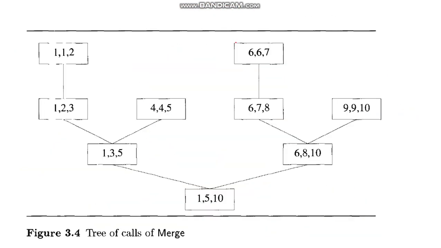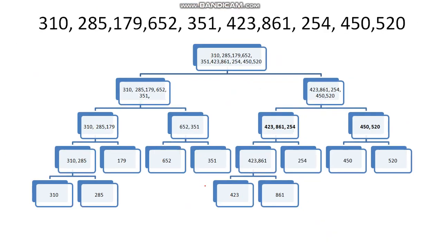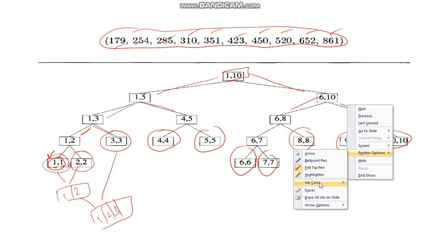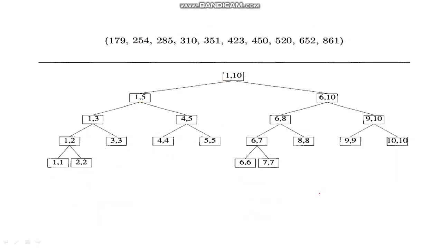Then this is the way we merge. With the 10 elements, in the first slide I have shown you an array of size 1 to 10. Let me go back to that particular slide. So this is the slide. Let me clear all the graphics here so that you will understand it. So these are all the mergings that happen. These are the divisions that happen.